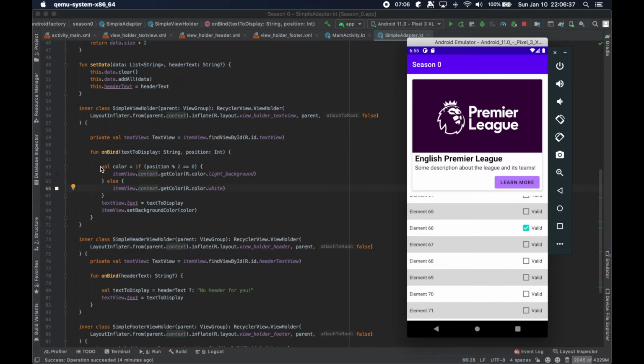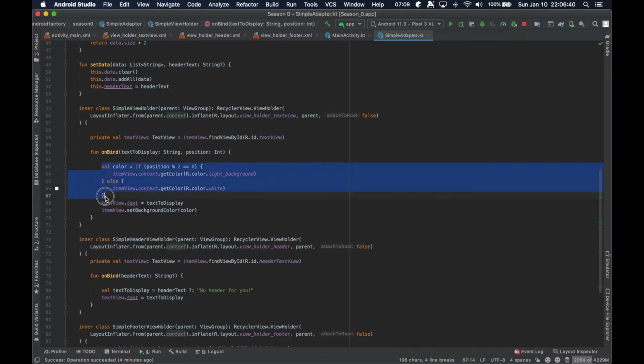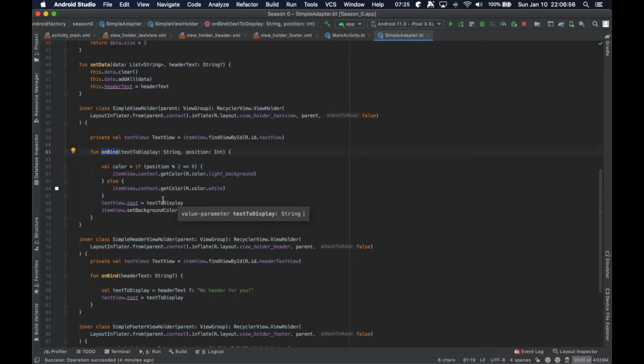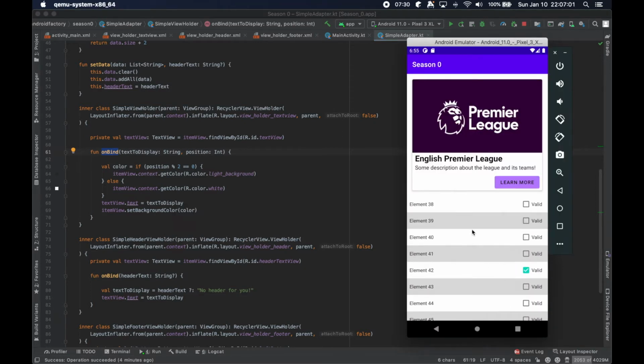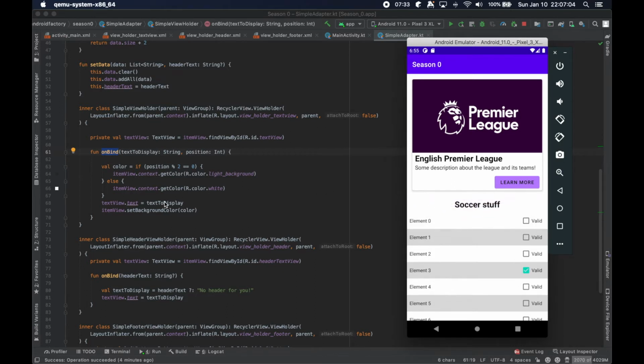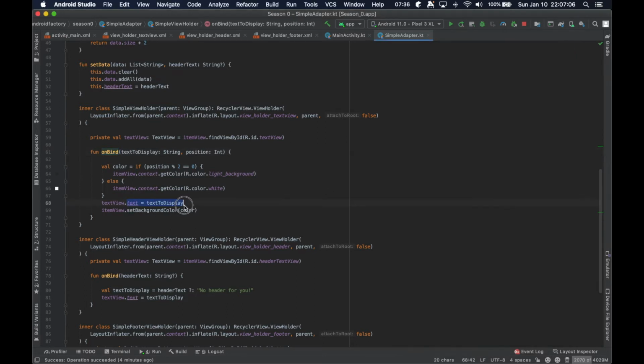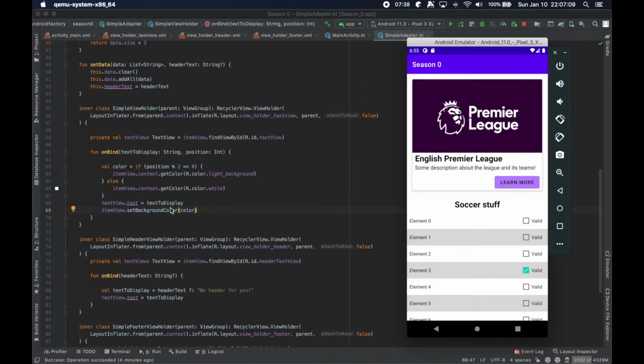I guess it made the most sense to do this logic here and then set the background color, but it's also just kind of ingrained in me that in onBind, you need to bind the state of your UI every single time so that the UI stays consistent and you do not have this leak. For instance, if we didn't set the text every single time, only on maybe a few of them, or once the button was clicked or something like that, once something happened, you might end up having things being